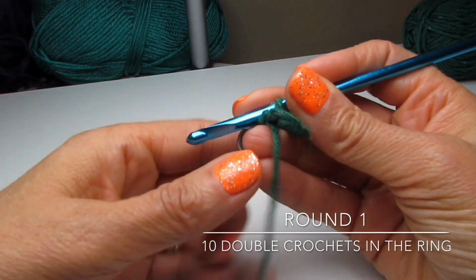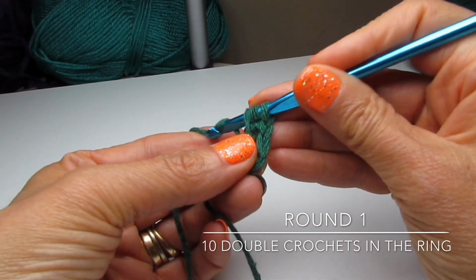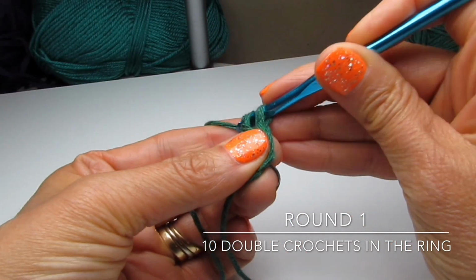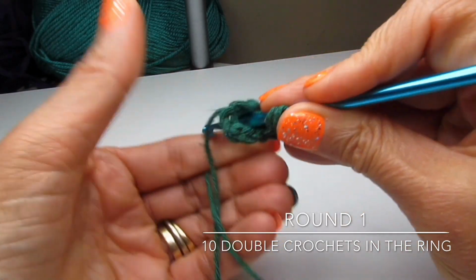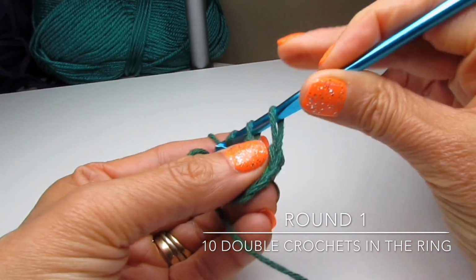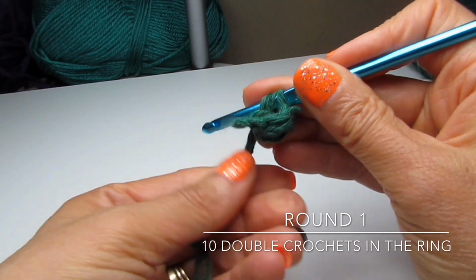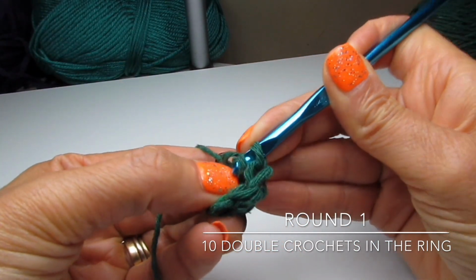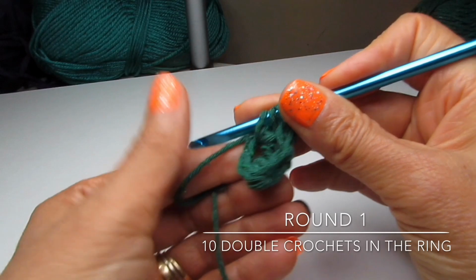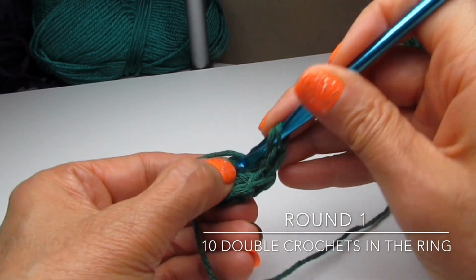Okay, so I've made the ring, and we're going to make 10 double crochets in the center of this ring to start off this project. So to do that, we yarn over, go into the ring, pull up the loop, pull through 2 loops, then pull through 2, so that's 1, and then do it again, pull through 2 loops, pull through 2, that's 2, make a third one, pull through 2 loops, pull through 2, that's 3, pull through 2 loops, pull through 2 loops, that's 4,